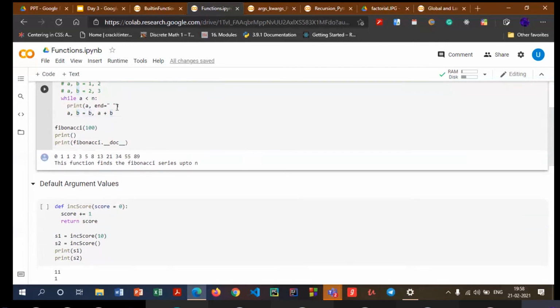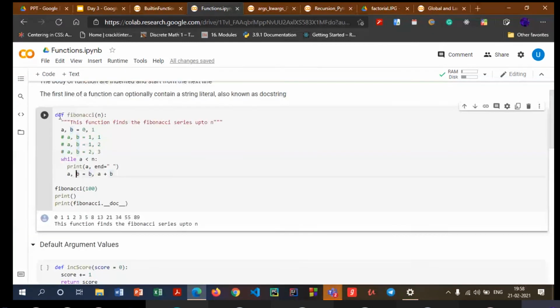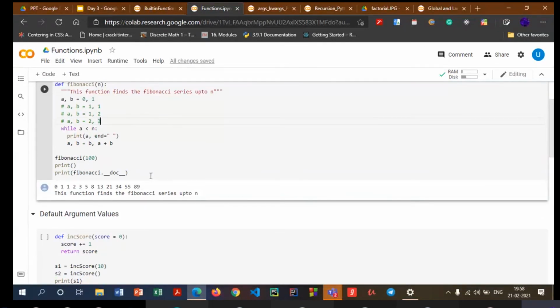So this was the logic of Fibonacci. We have grouped it in this particular function, the Fibonacci function, and then we can make use of the Fibonacci function anywhere in our code, any number of times we want. Over here, I call this Fibonacci function, and the maximum value which I have passed as a parameter is 100. So this will print all values starting from 0 and going until 89, because the next number is obviously going to be greater than 100. So the condition inside this while loop will be false, and we won't get that as the output.